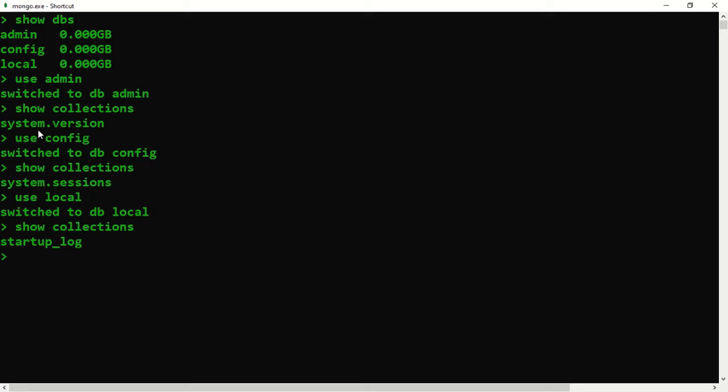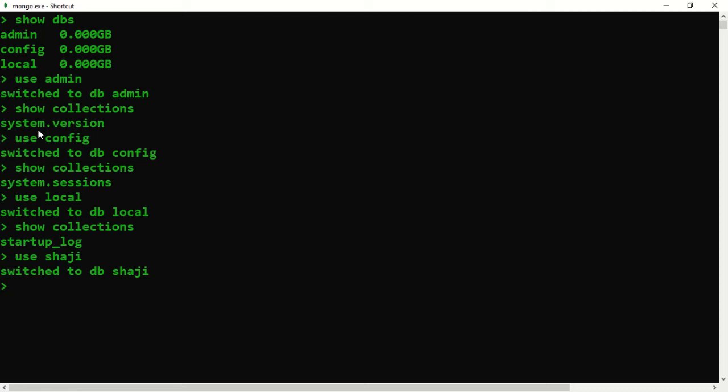Now remember that these tables belong to different system databases, and I don't want you to interfere with these particular databases. So we'll create our own database. How to create our own database? In a similar fashion, we'll say use. What is the name of our database? I'll give it as Shaji, my name. Press enter. So it says switched to db Shaji. That means you are in database Shaji.